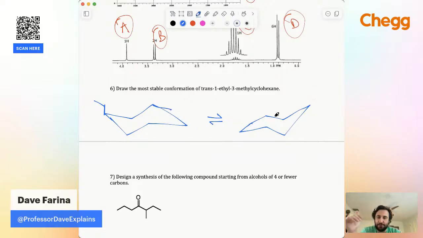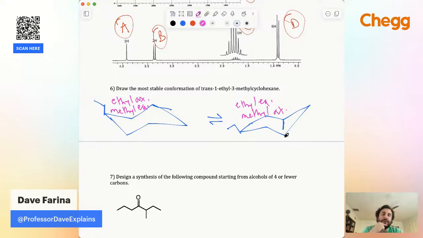Then over here, if we do the ring flip, or the chair flip, this was the ethyl on the leftmost carbon going up. Here is the leftmost carbon going up. We get the ethyl now on the equatorial. And then over here, we have the methyl going down. So we're going 1, 2 carbons over, and here's our methyl going down. So what's the difference here? We have an ethyl axial and we have a methyl equatorial. And then over here, we have an ethyl equatorial and a methyl